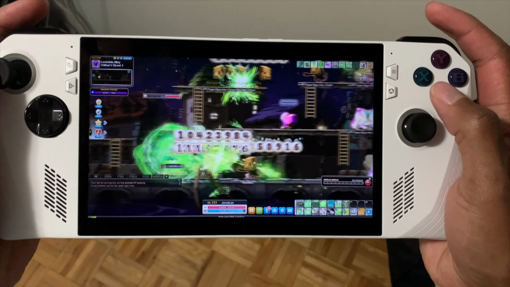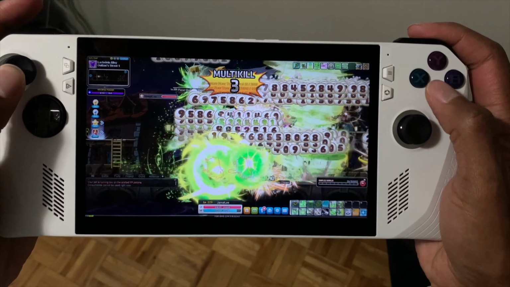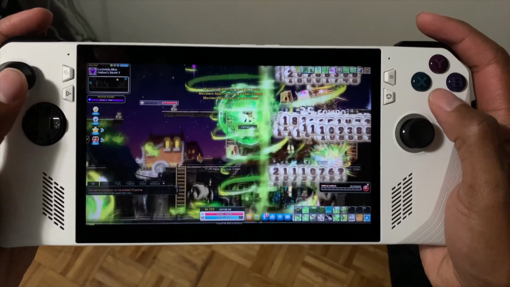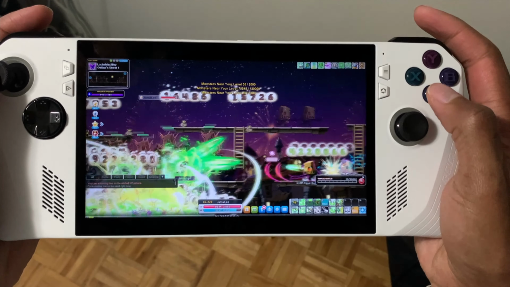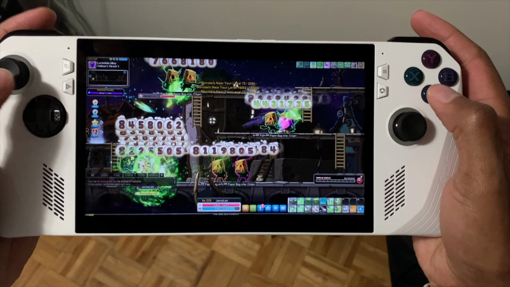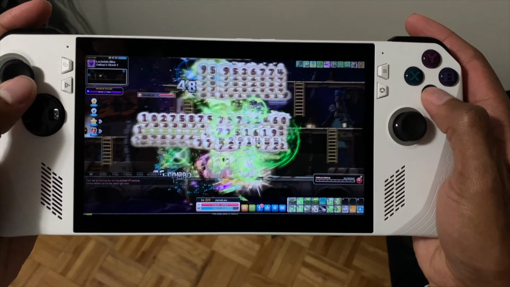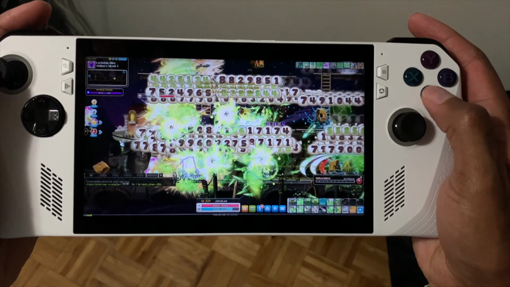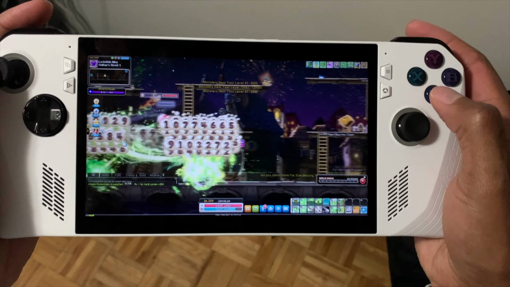So next is the most important thing, the controls. I'm going to preface this with that I mainly play simple classes like a Buccaneer and a Wind Archer. Those two classes don't require a lot of attacking skills really. They're pretty simple to play in bosses and stuff like that. You don't need hands. That's what we say in the Maplestory community. You don't need hands. Maybe more complex classes like Evan might not be feasible on the ROG Ally, but some